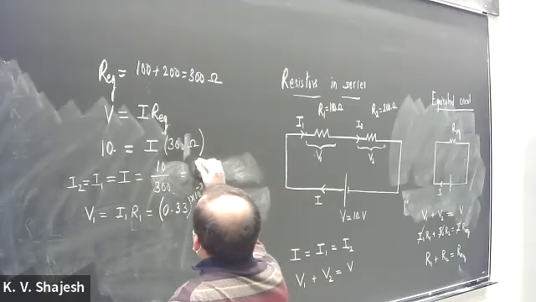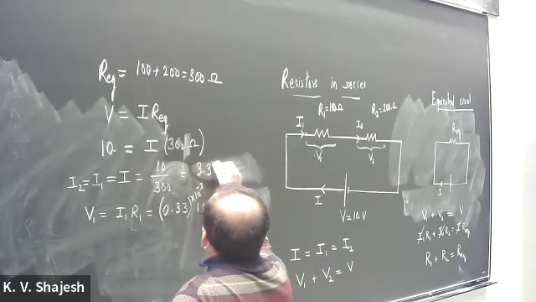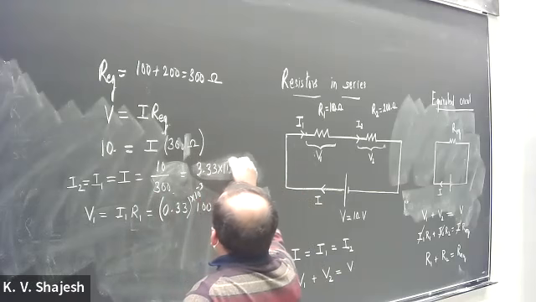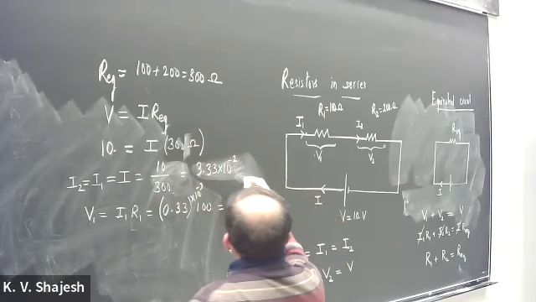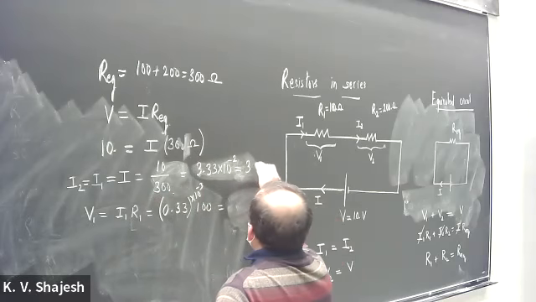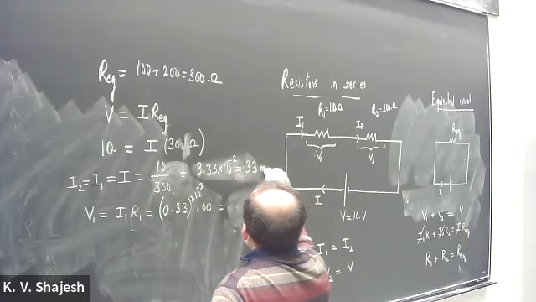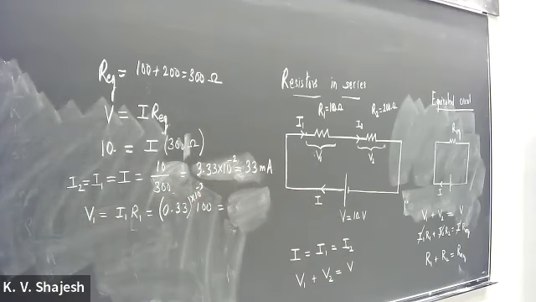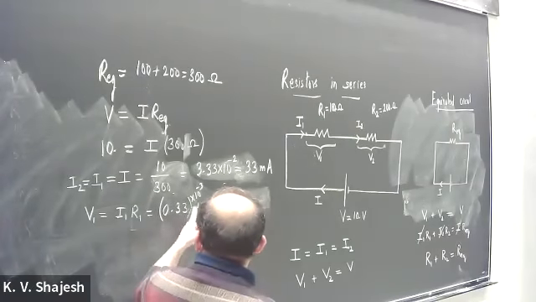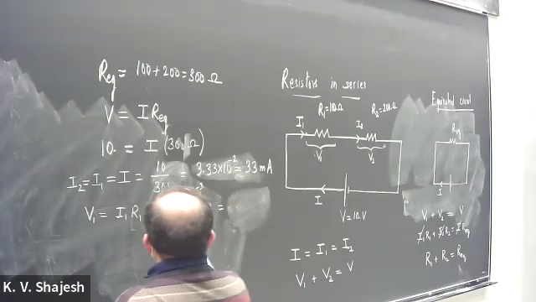So 3 point, let me write that down. That's 3.33 into 10 raised to minus 2. I want to put a minus 1, so that's 33 milliamps. Okay, good. And that's a slightly large amount of current. Okay, so that's 33 milliamps, and this then becomes 33